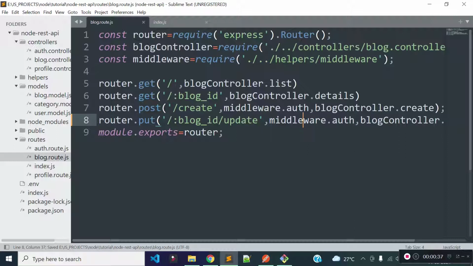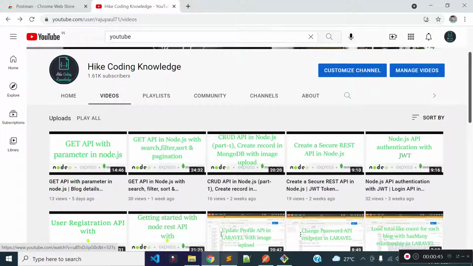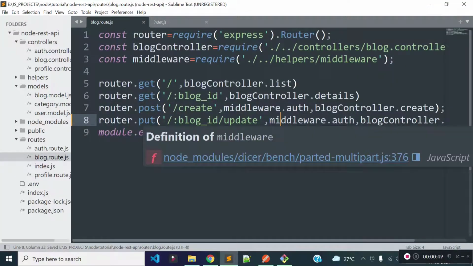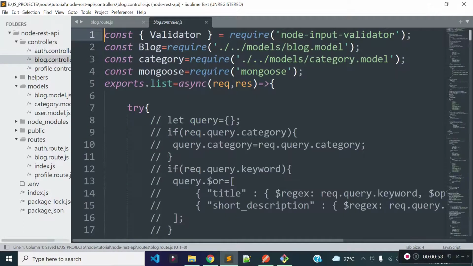his blog. If you don't know how to create this auth module, you can watch this create a secure REST API video which is already included in this series to create this auth module. Okay, now let's open our blog.controller.js file and then let's export a method called update,